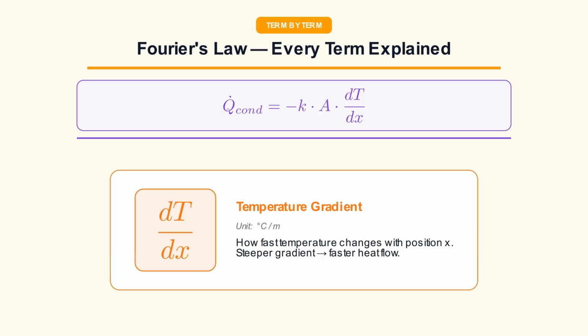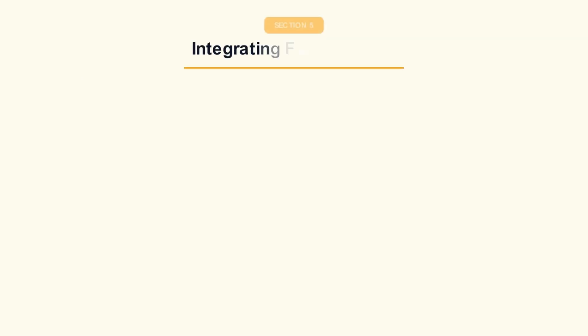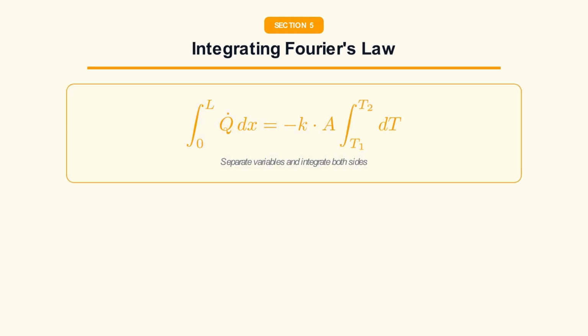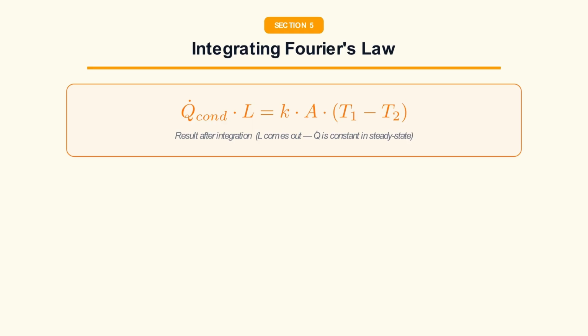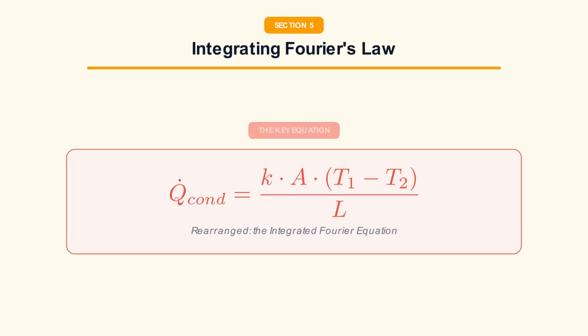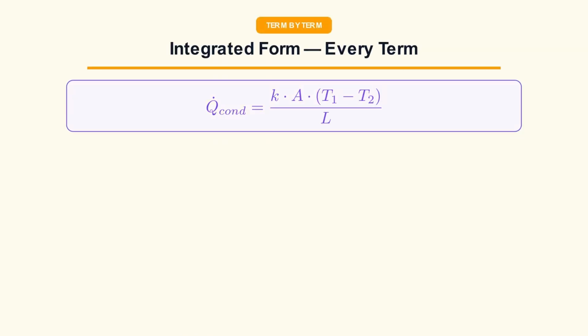This ensures Q is positive when heat flows in the positive x direction. For steady-state, one-dimensional, constant thermal conductivity conduction, we integrate Fourier's law across the thickness L of the wall. Integrating from x equals 0 to x equals L, Q cond wall times L equals K times A times T1 minus T2. Rearranging, we get the integrated Fourier equation. Q cond wall equals K times A times T1 minus T2 over L, where T1 is temperature at the hot